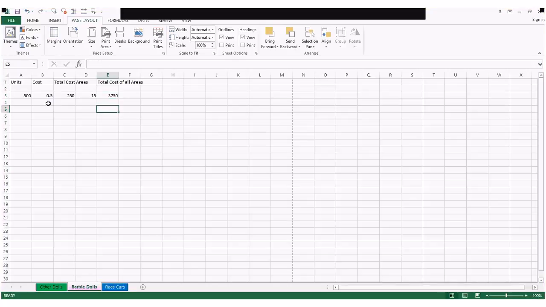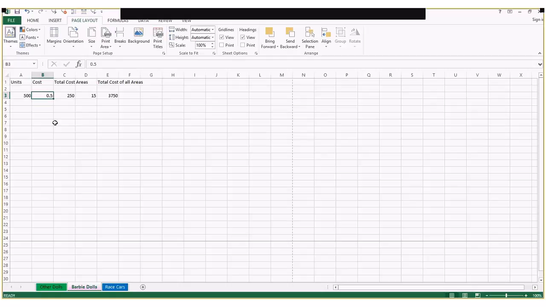Now, let's say our cost goes up. We got a notice from our vendors. We're raising the cost from 50 cents to 60 cents. Putting that in there, these formulas are all tied together. Everything automatically updates. My total cost updated to 300, and my total cost of all areas to 4,500. Now, this is very simplistic, but this is the power of a spreadsheet, that it allows you to pull that